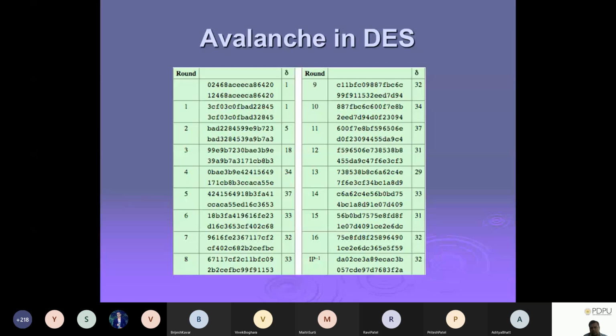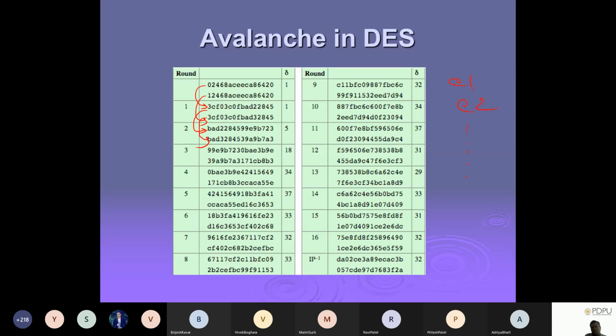Now consider this diagram as a puzzle. Can anyone tell me what you understand from this? I will give you a hint. This corresponds to this, this corresponds to this. In all the rows, you can see there are two entries, entry 1 and entry 2, and then it goes on in the same way. So here I am actually giving two plain texts. Any guess why there are two plain texts?